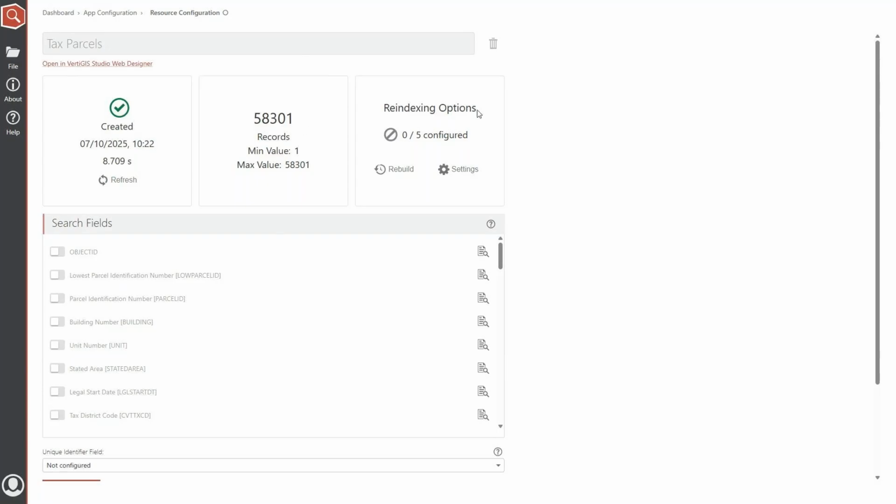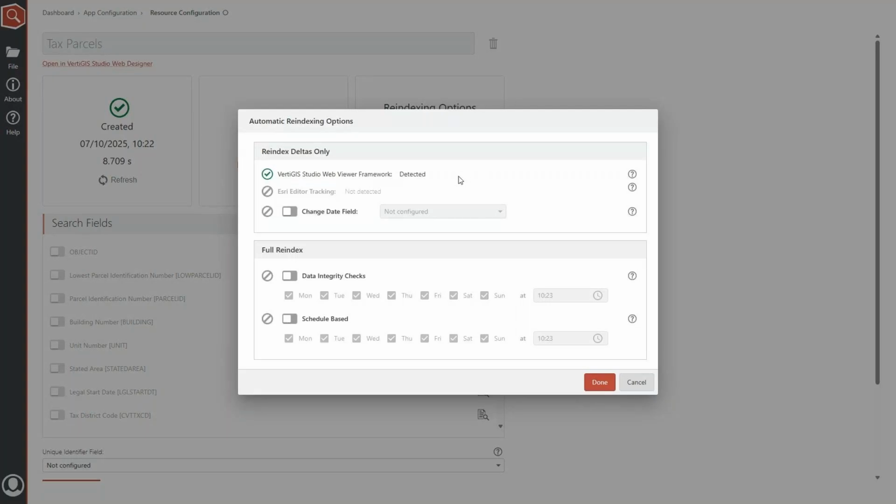And reindexing options, this is really important. I want to draw your attention to this section here. If we go to settings, we can see 2 sections. The first section is reindex deltas only. This is really important. If you have a data set that is constantly being edited, in terms of utilities, if you have distribution lines or service connections that are constantly being changed and moved around, and attributes are being updated for repairs and whatnot,